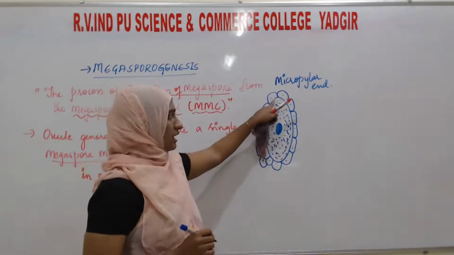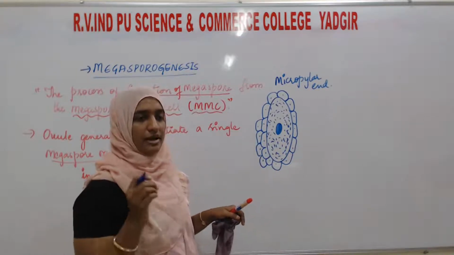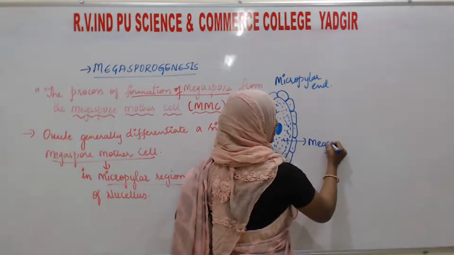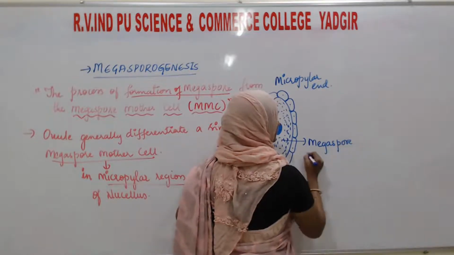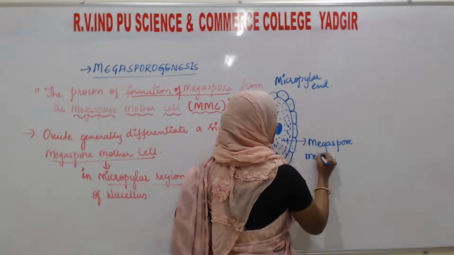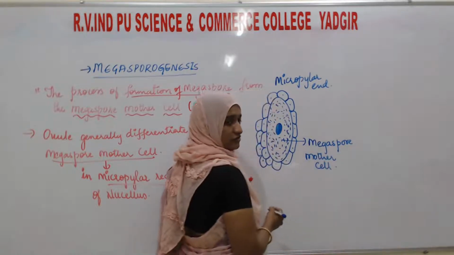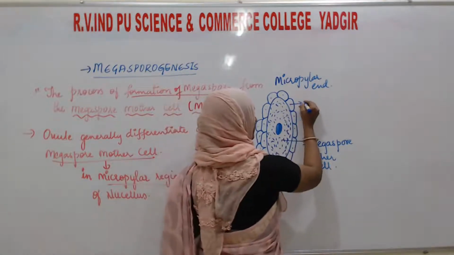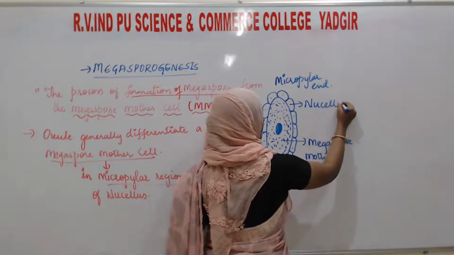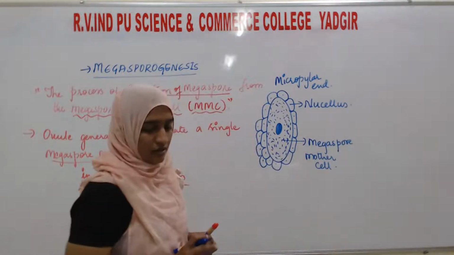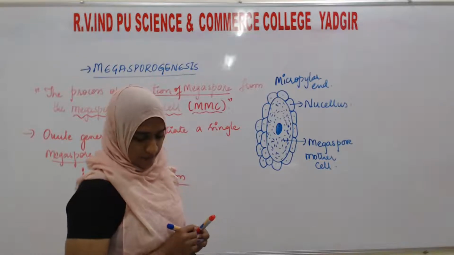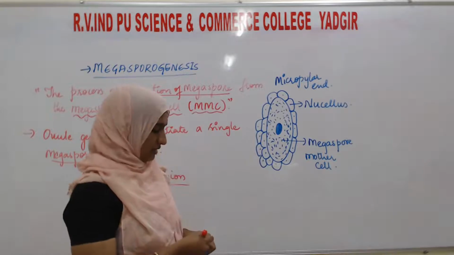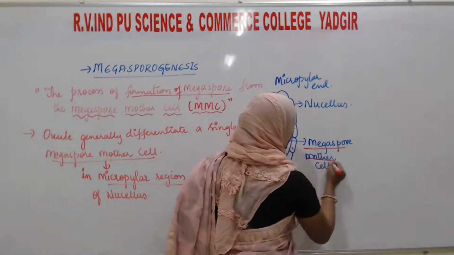Okay, this is the larger cell with the dense cytoplasm and a prominent nucleus. This cell is known as the megaspore mother cell, and this is the nucleus. Understood? Now next, this megaspore mother cell will undergo a division, and that division is known as the